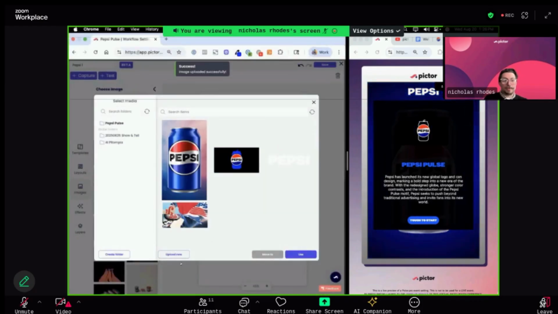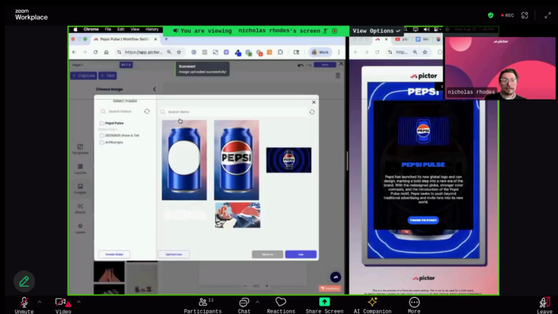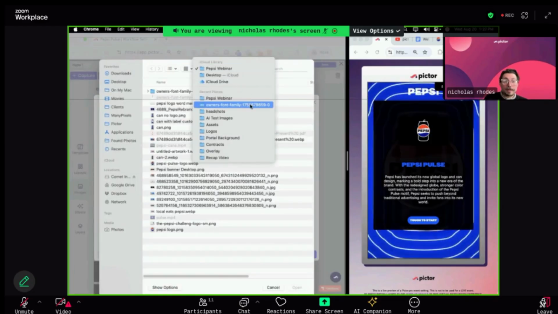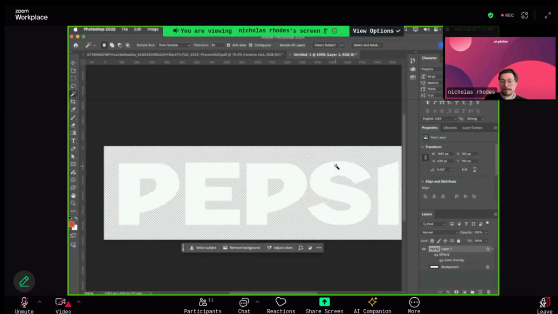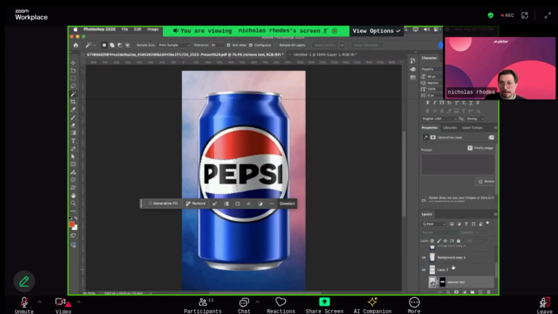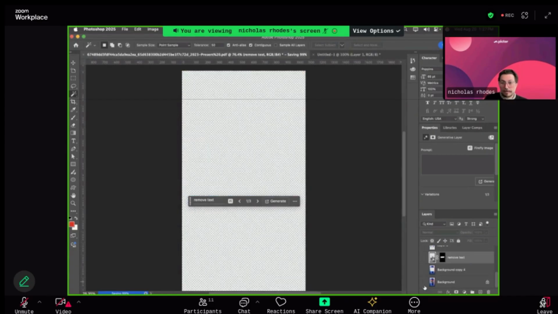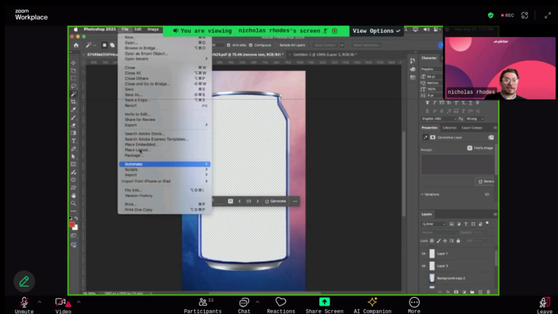Okay. I'm just going to upload some assets here. And occasionally I save things to the wrong place because I'm human. So let me go ahead and get this asset again that I created. I'm going to remove this. I'm going to remove this. I'm going to remove this. Cool. And I'm going to save this as